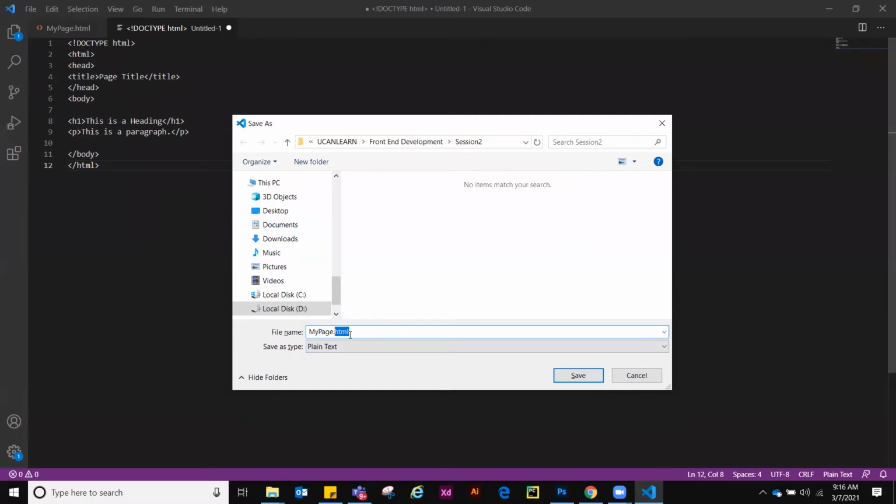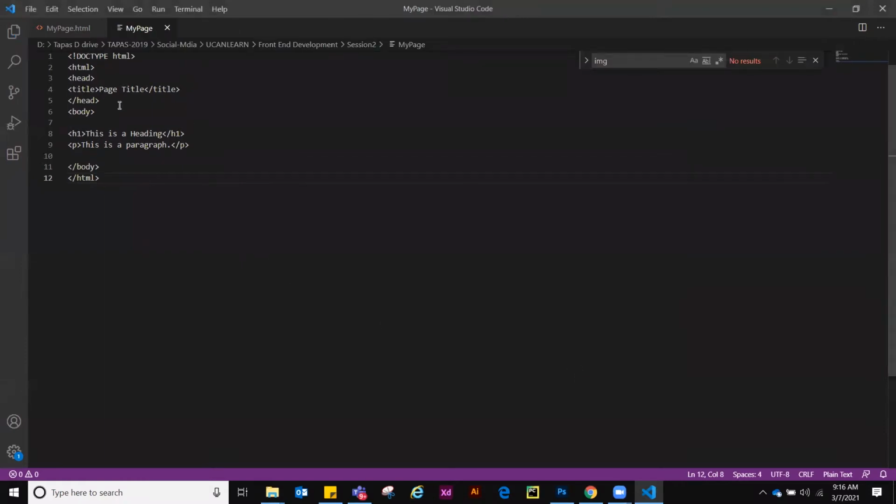I have to give the format, what kind of format it is. We have to tell it like this, HTML. This is very important. Otherwise the IntelliSense will not work. So let's first see how the problem happens if I don't give anything. Suppose I saved it like this. So IntelliSense is not working now and I have no clue what happened.